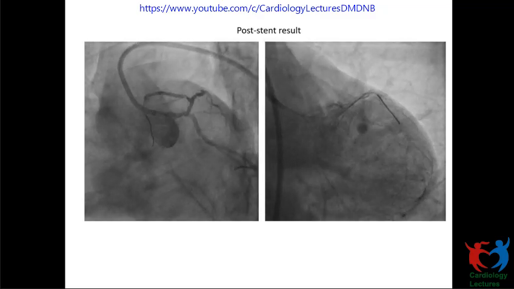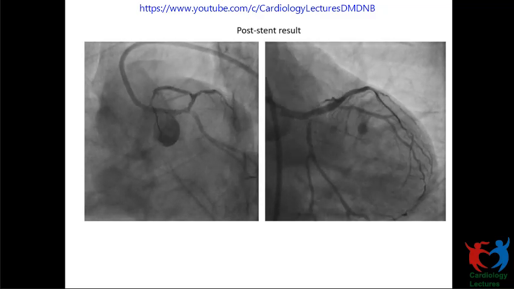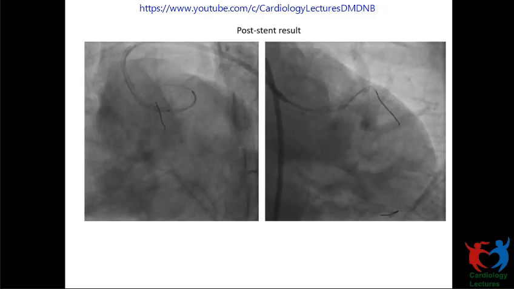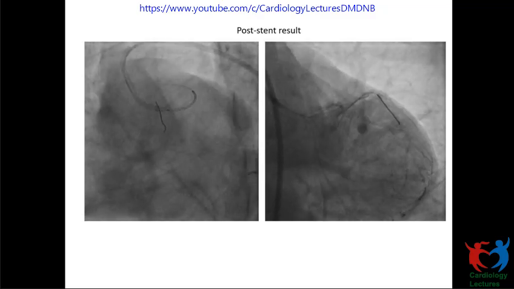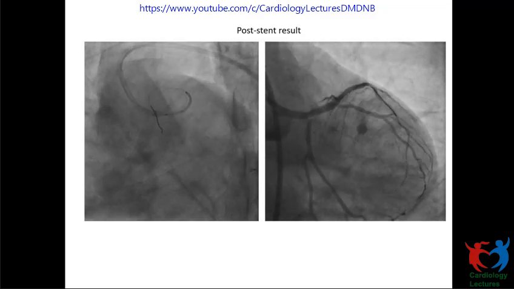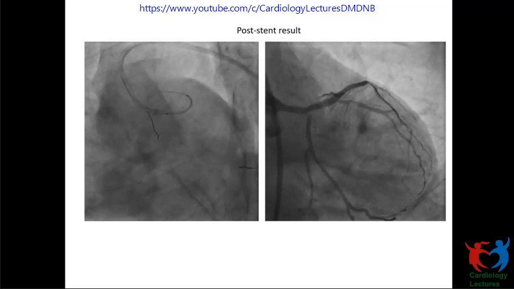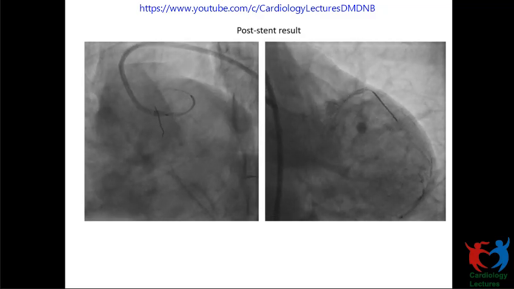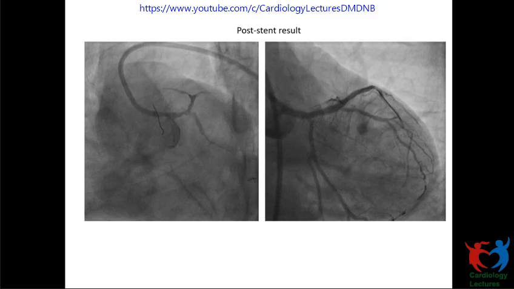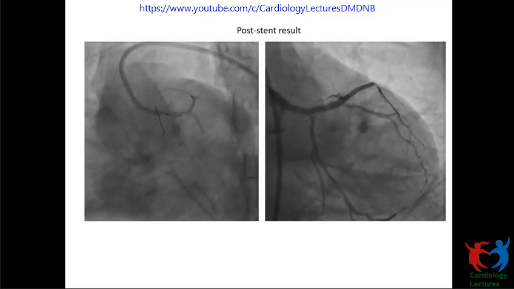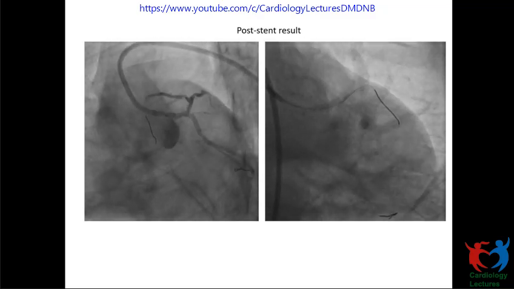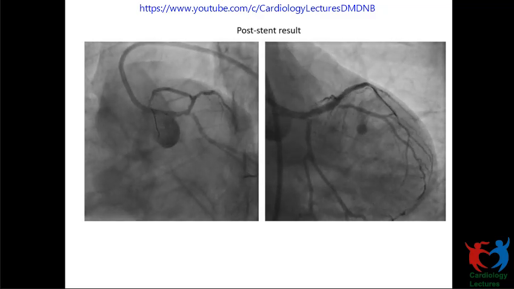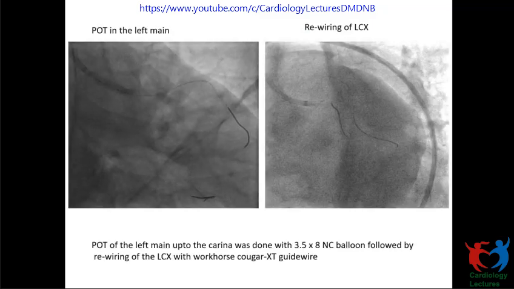We went for a 3.5 stent, and our intention was to post-dilate and optimize the stent in the left main, because the LAD was not big enough to take a 4 stent. I think this is very risky again for a 2.75 LAD. 2.75 was distal. The ostioproximal is fine for us, around 3.5. So we could have taken a 3.5 stent and post-dilated to 4 in the left main.